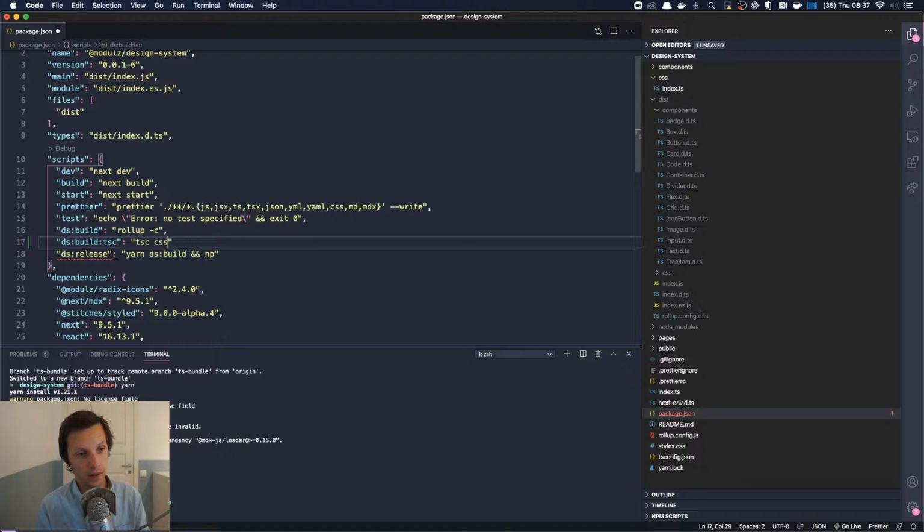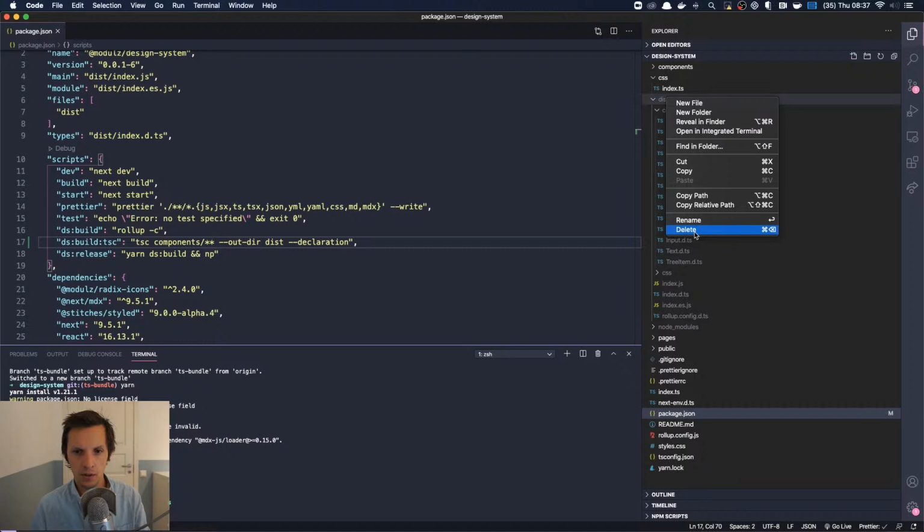Yeah, CSS index or components. Or yeah, let's just do this. Out there, dist and declaration. Okay, let me try this one instead, because that looked a bit different.